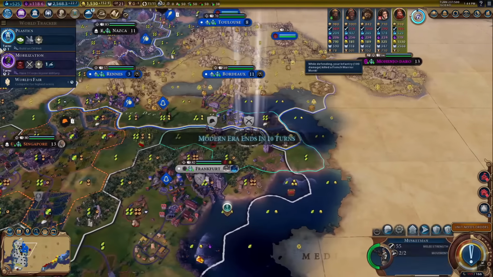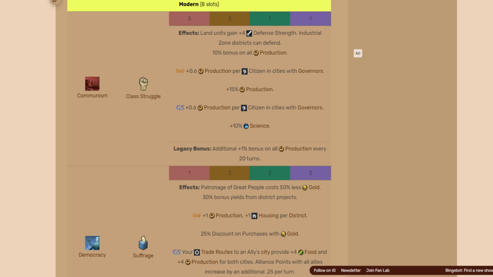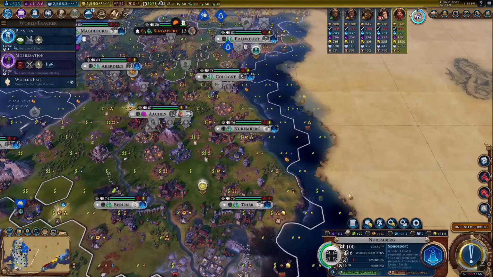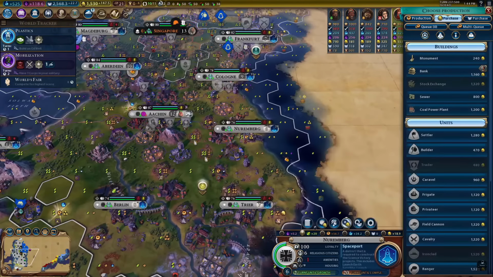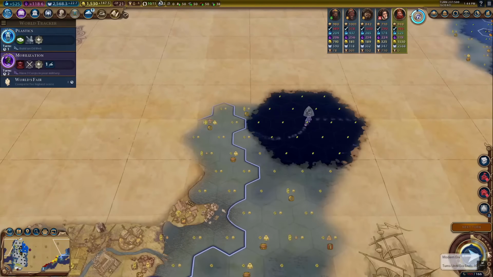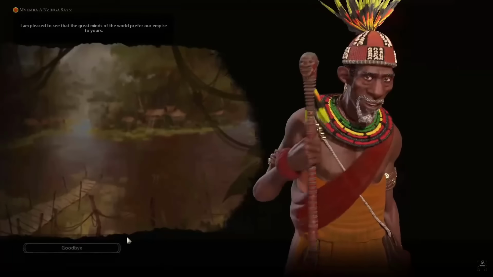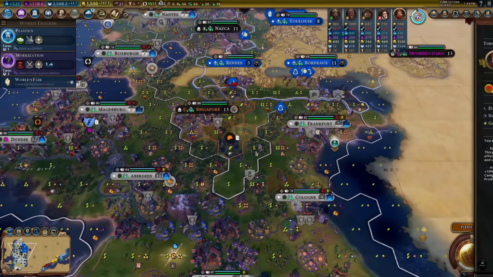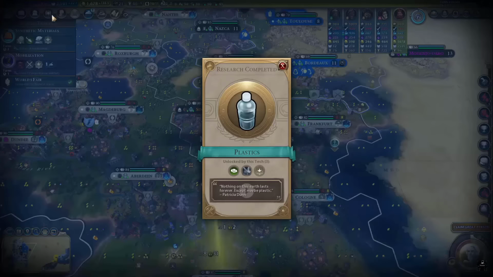Tier 3, we get Communism or Democracy. I'd highly recommend Communism because you get 0.6 production per citizen in cities with governors and a 10% flat boost to science, which is literally almost everything you need. Also, you get a policy card that allows you to get massive internal trade routes, which are preferable in the late game because they will increase your production and food, allowing you to build spaceship parts as fast as you